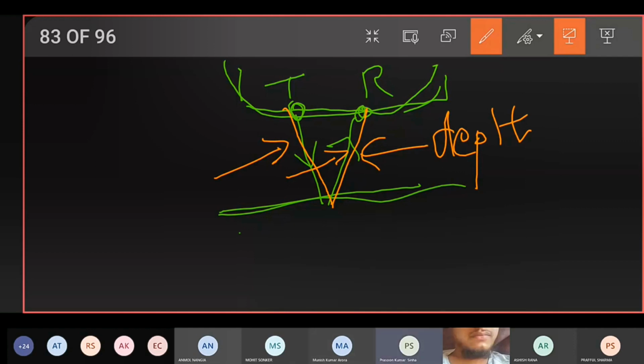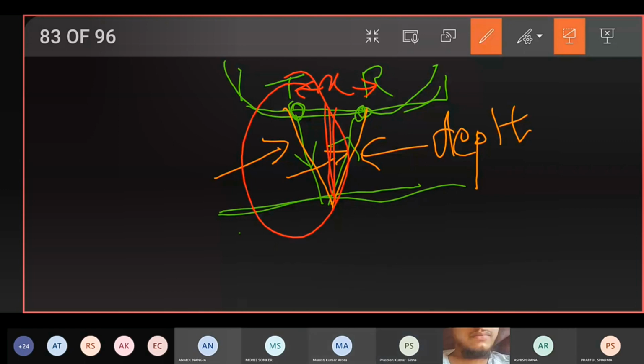From the view itself, we can see that this is not the correct depth. Depth has to be the center one, the perpendicular distance from the keel to the seabed, the red one. Now, if the distance between the two transducers was x, in this triangle, one of the triangles, can we find out the perpendicular,